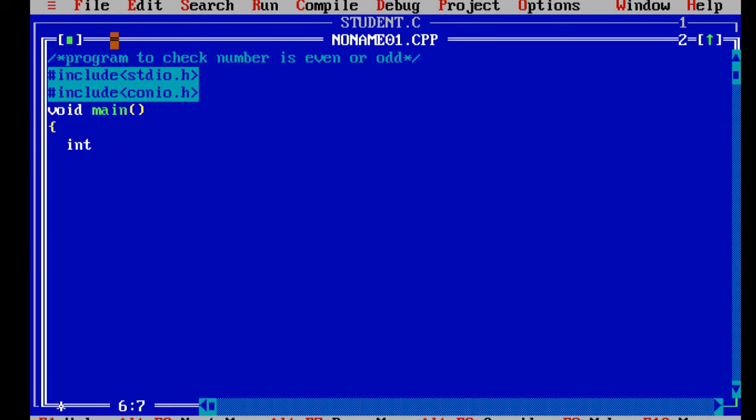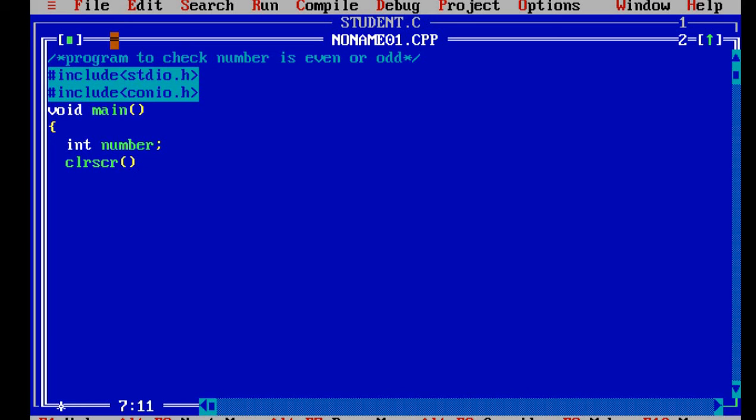So that's why here it is written integer. Either you can write the full word number, or you can give the shortcut as num. Num is also valid, or number is also valid. So you can give any valid variable name. Depending on that, you can specify here integer number, then clrscr,